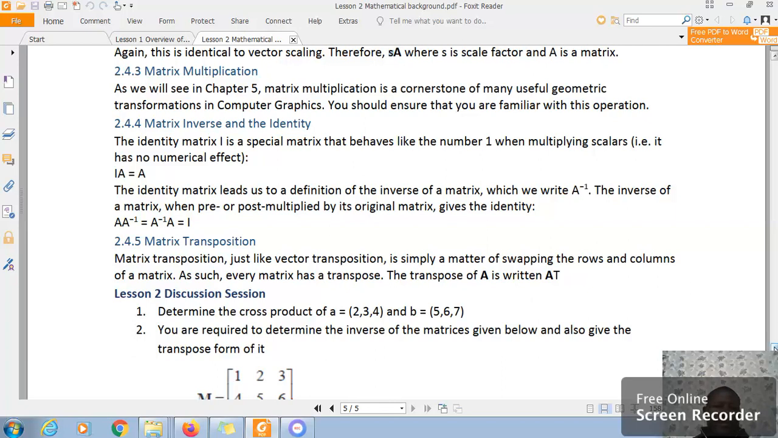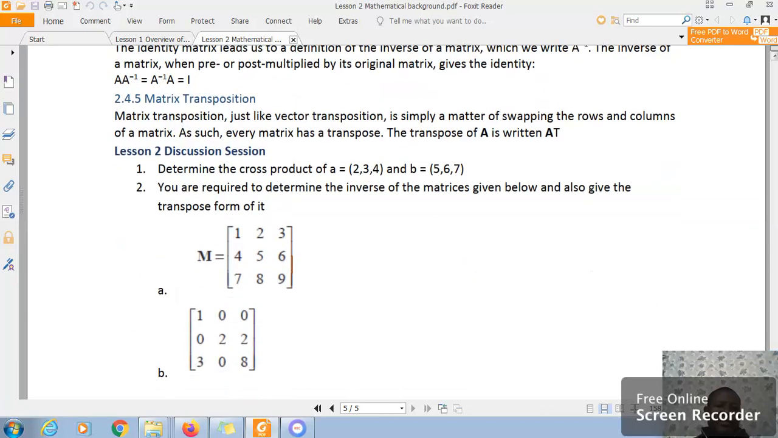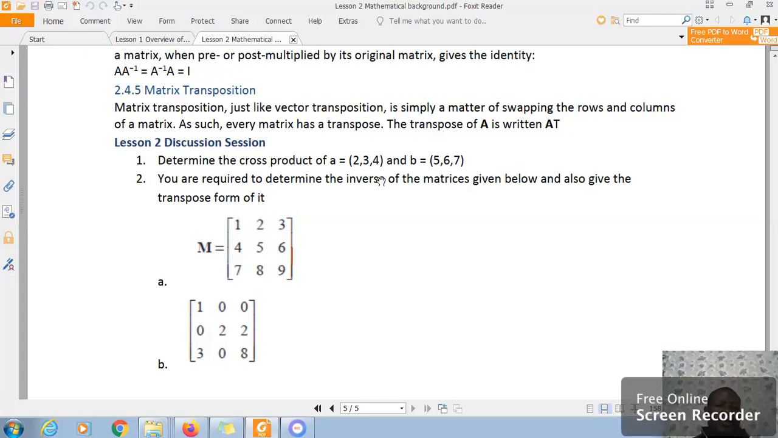So I would like you now, considering what you have gone through in this lesson, to determine the cross product of vectors A and B. When you say cross product, it cannot be any other way, the result has to be a vector. So remember, show your working as you work through. You are required also to determine the inverse of the matrices given below and also give the transpose form of it. I will also upload videos to demonstrate more on how we carry out some of these matrix and